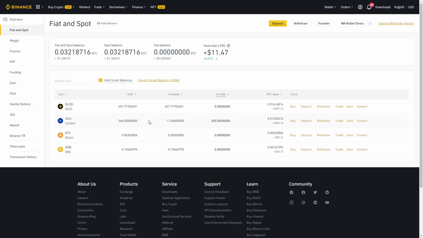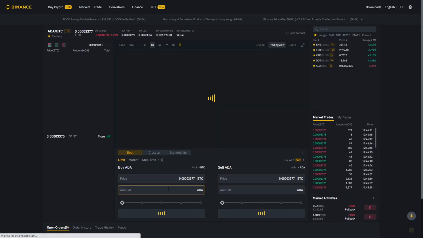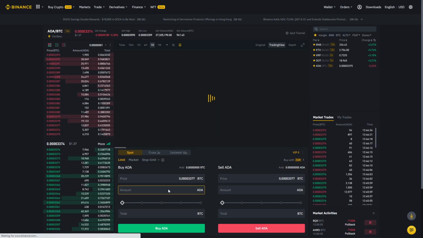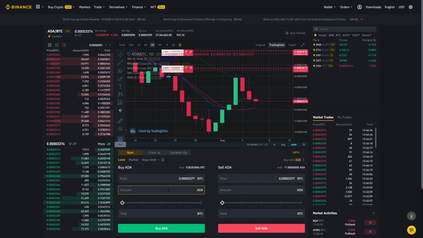You just follow the Cardano line, and then you get options: buy, deposit, withdraw, or trade. When you click on Trade, it gives you all the pairs. You go down and you just click on ADA. As you can see, it opens the same chart we've seen before. Now, I don't personally like this chart because with the bot trading, we don't need to see all this kind